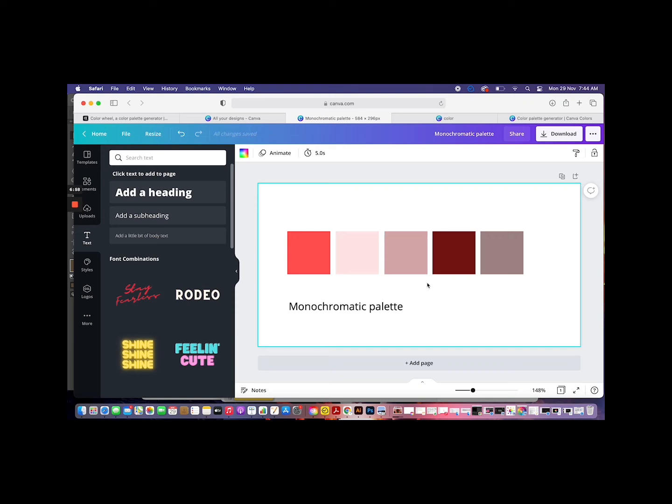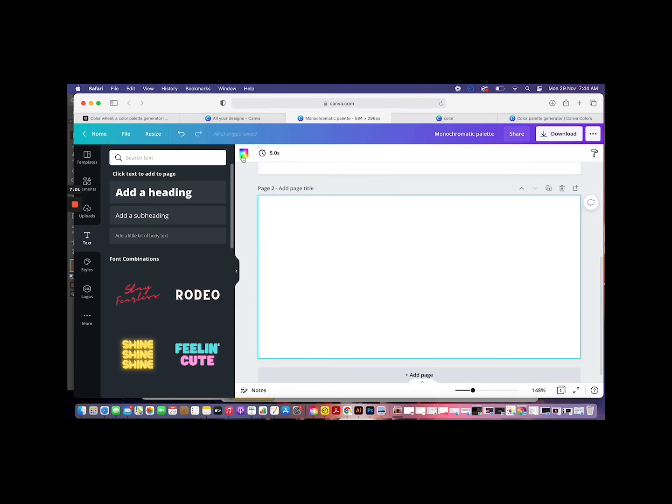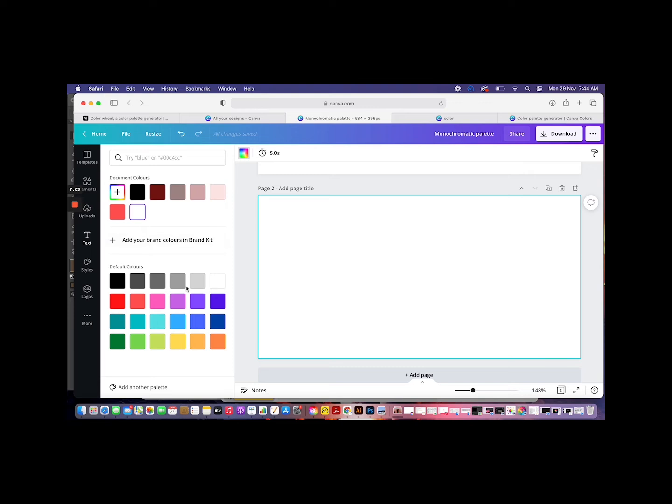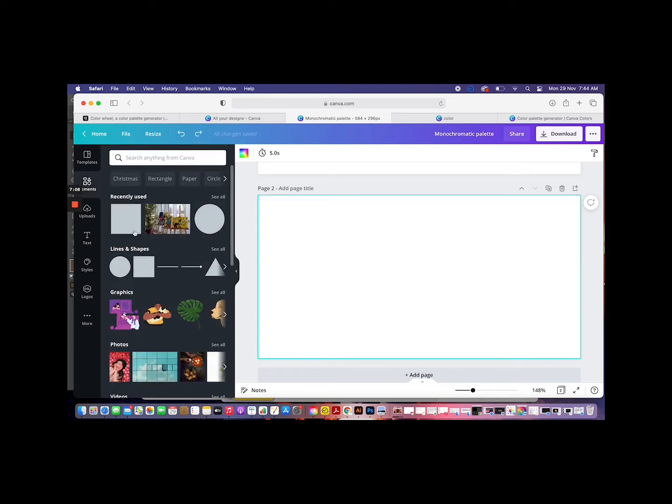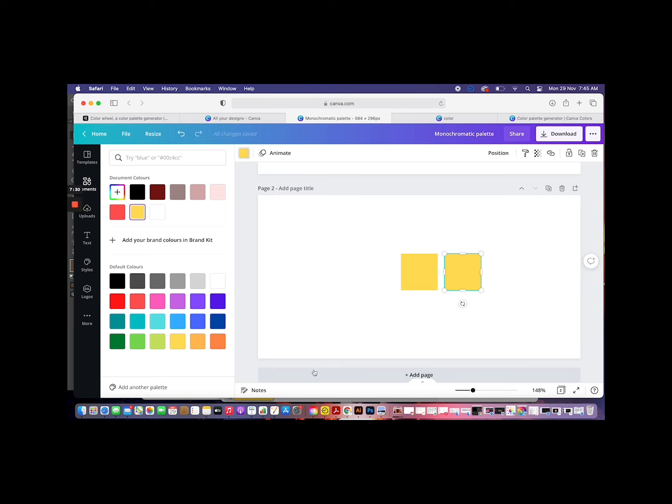Let's see how that works here. Now here again, if I take, let us say, color yellow. If I create an element and I have taken the color yellow. Now to create an analogy, basically the color yellow mixes with our reds. It can also mix with our blues. If it mixes with a red, it is giving us oranges of all kinds. So to give my analogical color palette, the first thing I'm going to do is take the simplest orange.